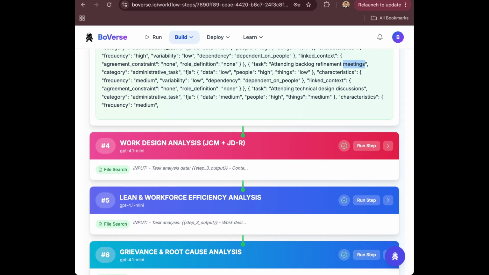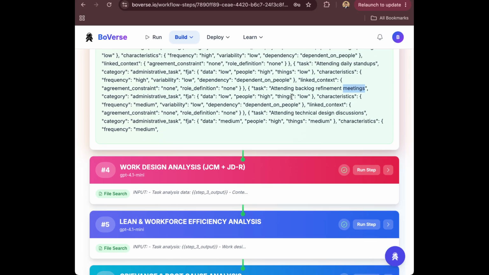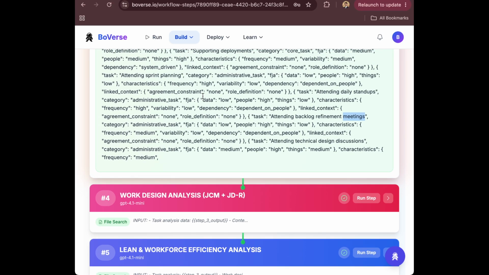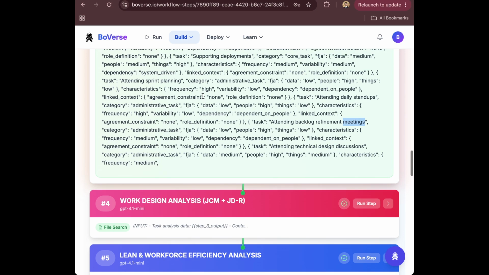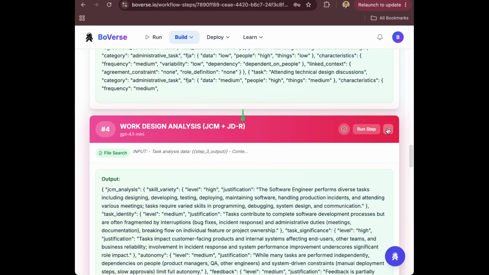Step 3 gives us a detailed task-level view of the job, and this step also checks frequency, variability, and dependency. In simple words, how often does the task happen, how much does it change, and how does it depend on other people or systems. Then step 4